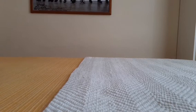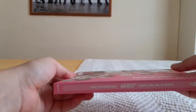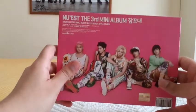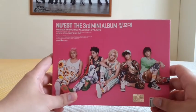Let's move on to groups that I only have 1 album of each, so this will be kind of random. So first I have Newest's 3rd mini album, Sleep Talking. It's the only Newest album I own, and honestly, one of the 2 that I would like to get, because I would love to get Face, their first single, because, let's be honest, Face was